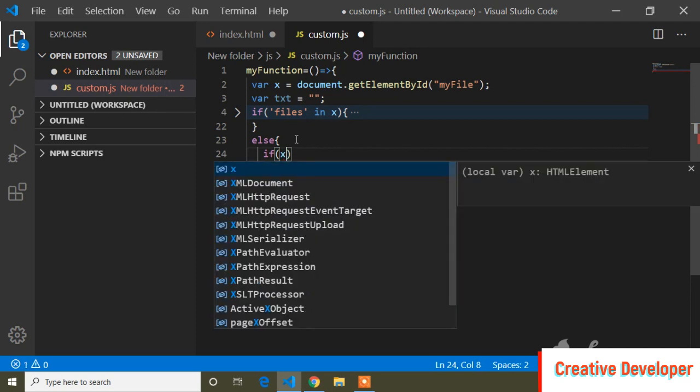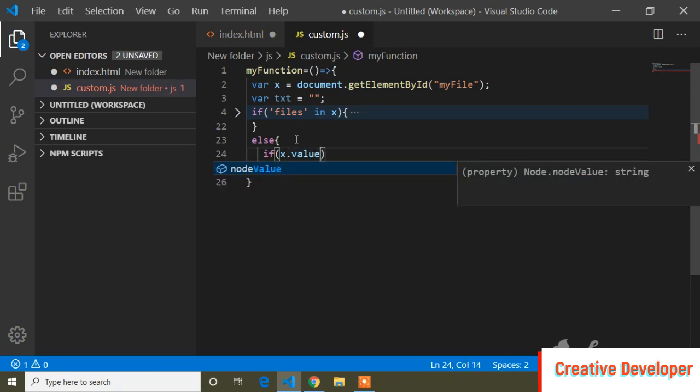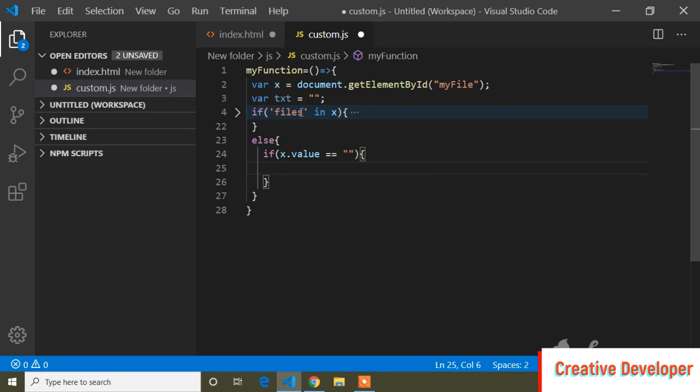So if x dot value is null, that means when the input type files value is null, so text equals to select one or more than one files, and in the else part I will write text.